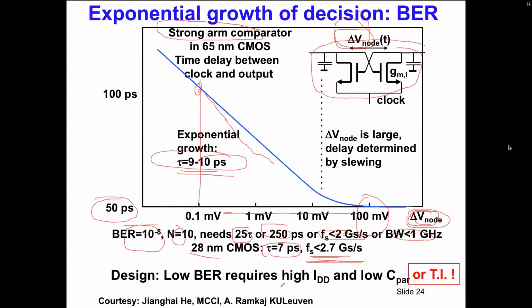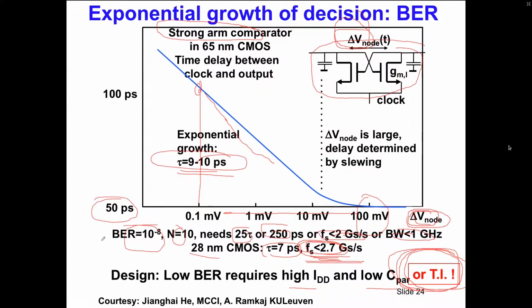You can go to higher currents. You go to low parasitic capacitances. But basically, the big fundamental drive for going into time interleaving, putting A to D converters in parallel, is this slide. Because by time interleaving, you can keep individual comparators, individual ADCs below this border, while the total can be of a much higher part.